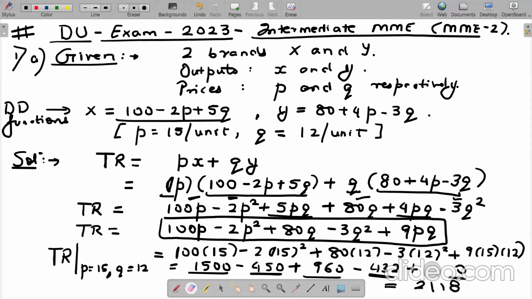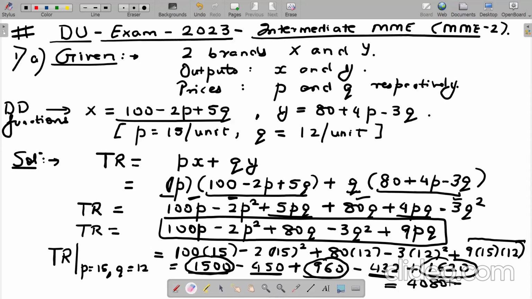Please make this correction, students. This last expression is 1620. 9 into 15 into 12 is 1620. Please make this correction. So now if I solve 1620 plus 1500 plus 960 comes out as 4080 minus,